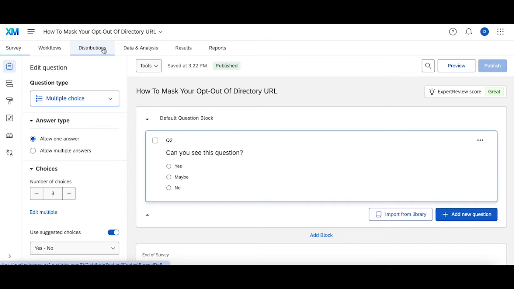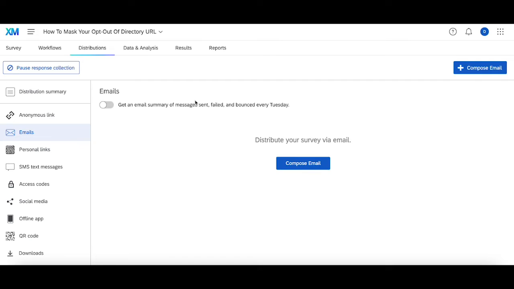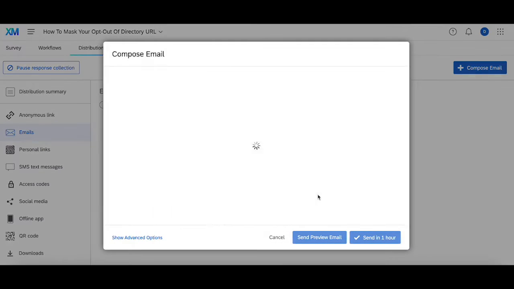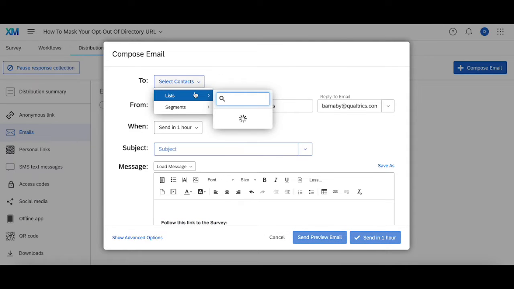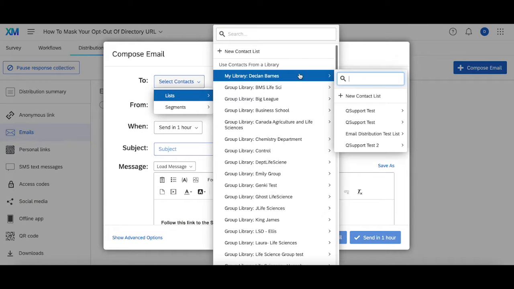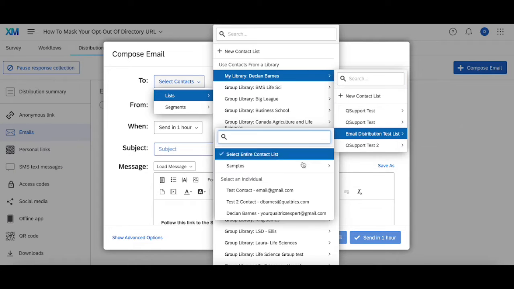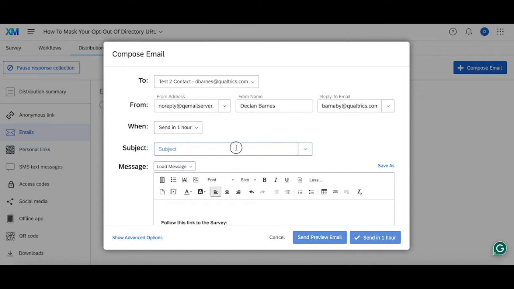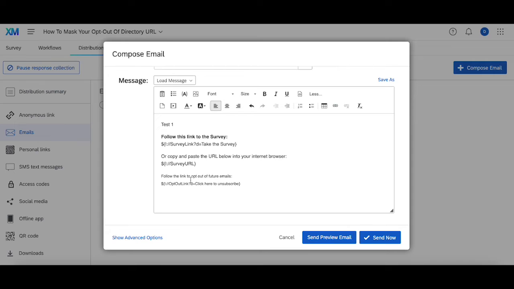So the very first thing I'm going to do is recap how you create an opt-out URL that opts someone out of a directory, what it looks like, and then why we need to mask it. So first, I'm going to compose an email to one of my contact lists, my test lists. This one, for example, let's say test one, let's send it now. And then to create the opt-out of directory URL, you're going to copy this opt-out link for a regular contact list, Control-C,